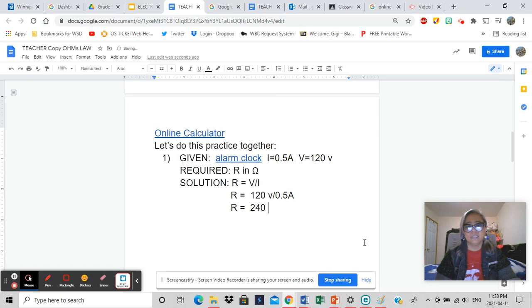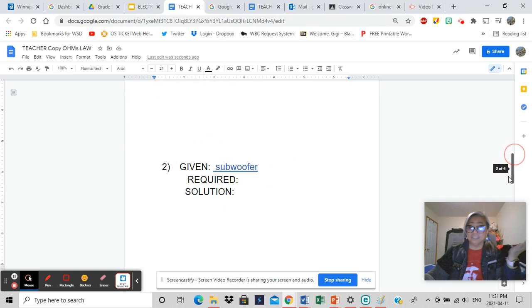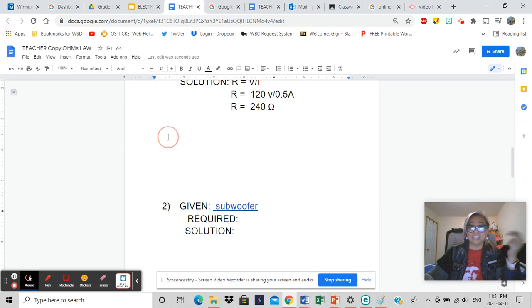240 is a unit. Of course, it's in ohm. Done. That's not so bad, right? Not so difficult. So when you get to the second problem,